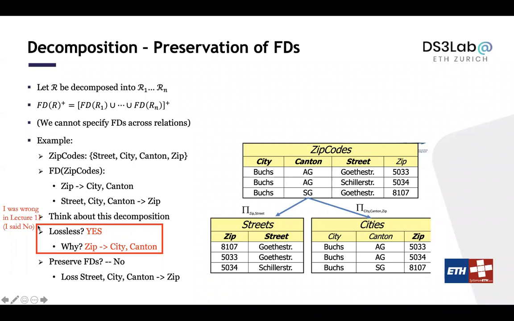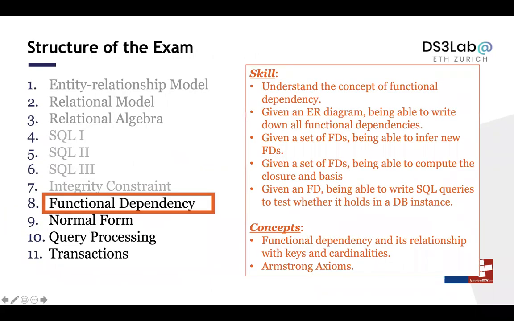Also, thank you for realizing I was wrong in lecture 11. Okay, perfect. So what's our expectation? We really want you to understand the notion of functional dependency, because when you build applications, it's so important. If you do not understand this, highly likely, you are smart, you can start the reasoning process from scratch and do a good design. I'm confident in that. But knowing the concept of functional dependency will make that process much easier, and you will be more confident in your design. So we want you to understand essentially the concept of functional dependency, and given an ER diagram,